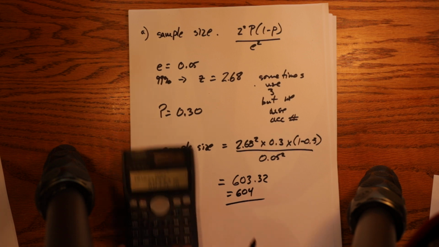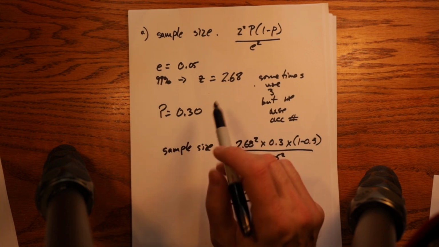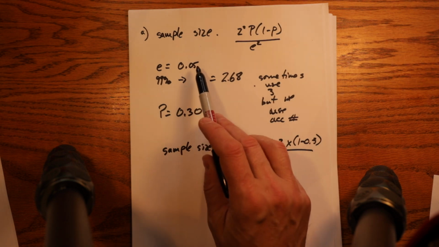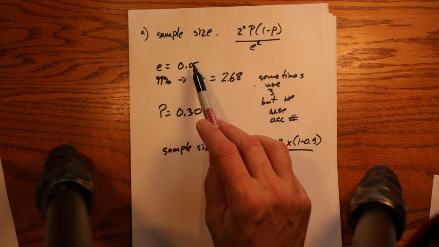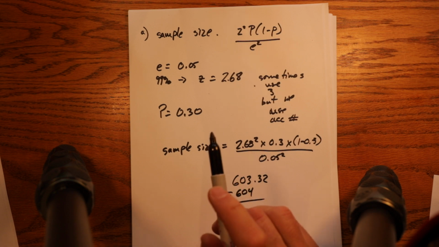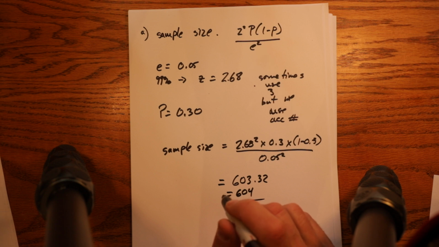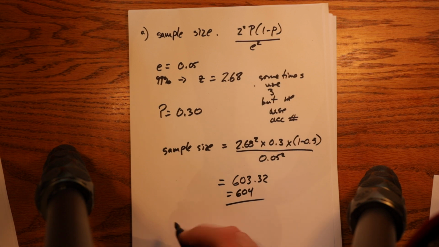So you would need to sample 604 times to get a statistically significant accuracy within 5%, 99% of the time. And away you go. If you use 3, you would do